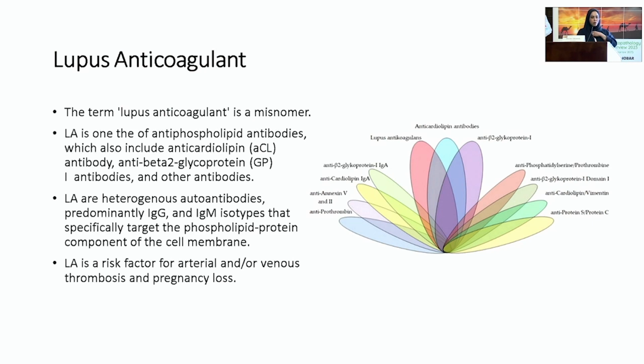So lupus anticoagulant is a misnomer because it actually causes thrombosis rather than anticoagulation. It is one of the antiphospholipid antibodies. The main ones are anticardiolipin and anti-beta-2 glycoprotein, but you can see in the figure there's a lot of other weaker antibodies. They are heterogeneous autoantibodies, predominantly IgG, with some IgM isotypes, that specifically target the phospholipid protein component of the cell membrane. Patients who have lupus anticoagulant are at risk of both arterial and venous thrombosis